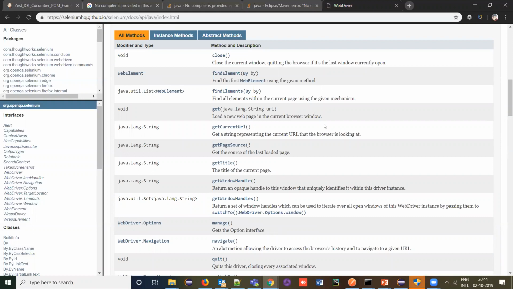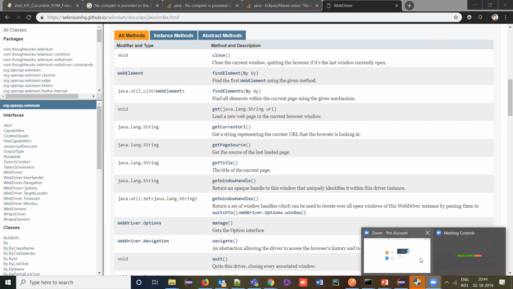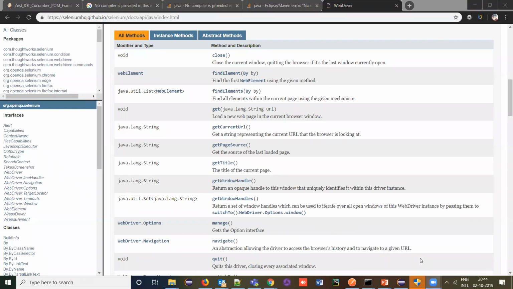Clear? I know that I gave more and more stuff over here. I dumped it, but yeah, this is the most important concept which you need to understand if you want to work on Selenium. If you understand these things, then absolutely